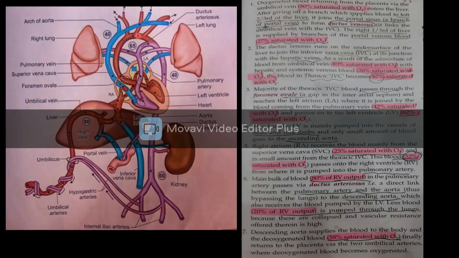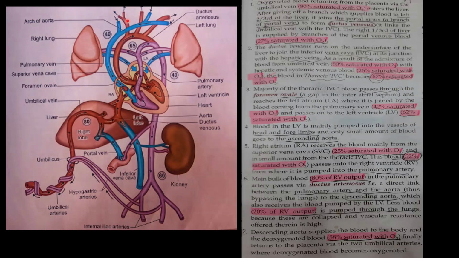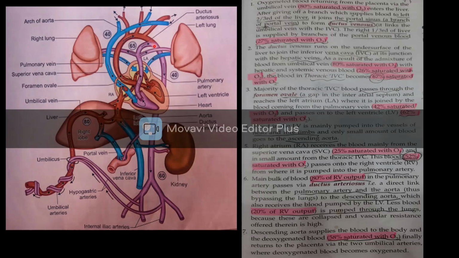So there is no need to worry, as these two organs need a high amount of oxygen, so they have been supplied by a branch before the joining of the ductus, which carries relatively deoxygenated blood, and now this mixed blood goes to the body to be supplied,